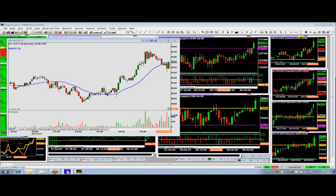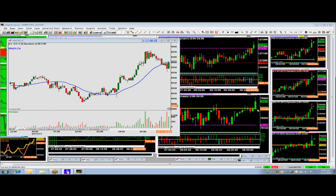I'll share that with you just so you can see how I manage a trade. 92.80 is where I'm going to take that, because even though that's a huge stop right now, we all know that if that one comes back in, this trade's long over. It's way over if we come back in off of a big bar like this. So that gives me plenty of room to let this thing do its little jiggling,